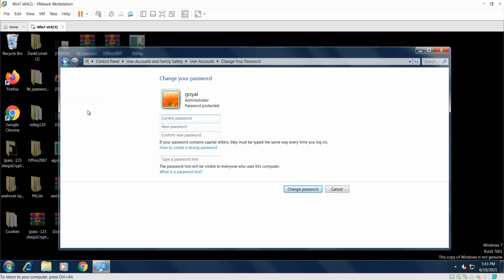So just remember one thing, guys: you are an investigator and you are seeing that computer for the first time, because that password is already set by the cyber criminal. So at that point, how would you understand what the original password of that operating system is? That's not possible, right? Clear, guys? Yes, sir.